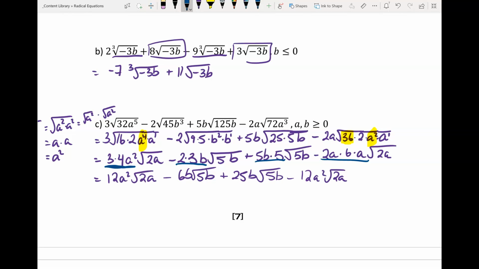So now we're going to simplify our like terms. These two are like terms, and they're just going to actually cancel out because 12a squared root of 2a minus 12a squared root 2a, that's just 0. Negative 6b root 5b plus 25b root 5b. So negative 6b plus 25b is 19b. We're left with root 5b, and that'll be